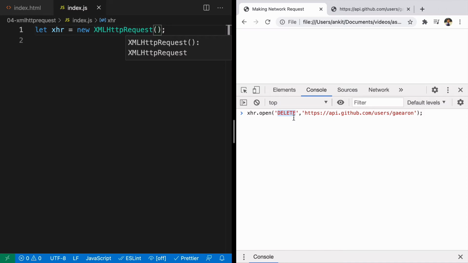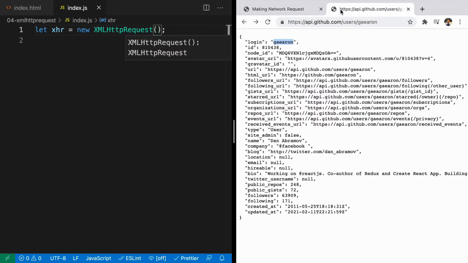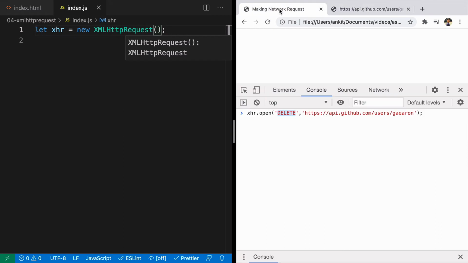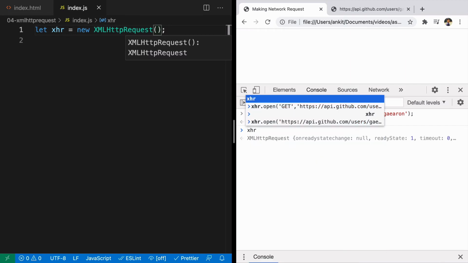So right now, what do we need? We need access to this information here. Whenever you need access to information, you use GET. So we have created the object. Next, we are instructing it to go ahead and make a GET request to this specific URL. Now, once you have given it the URL, you have to set up some other things.